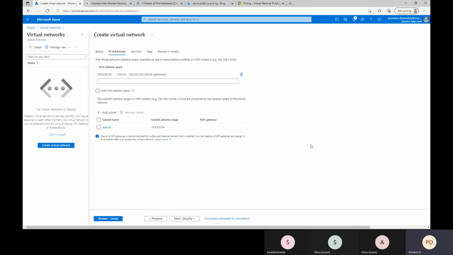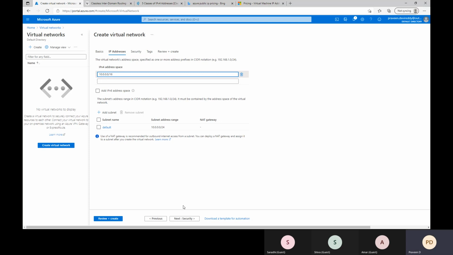Okay. So now Microsoft has provided one CIDR notation by default: 10.0.0.0/16. Are you okay with this, or do you want to change it? We are okay with this, we are fine. If you want to change it, we can change it. But why is Microsoft saying /16 bits? Only the first 16 bits have to be reserved. As per Microsoft, that is the best practice to create the virtual network.